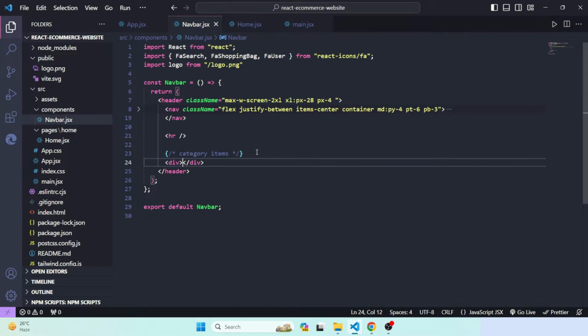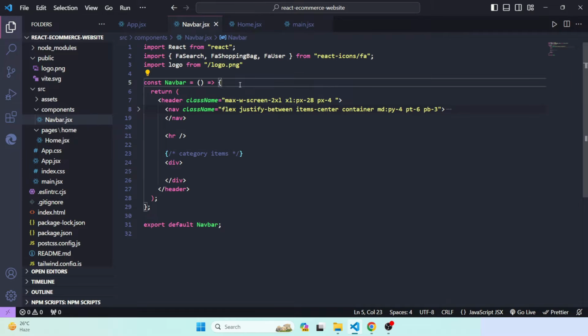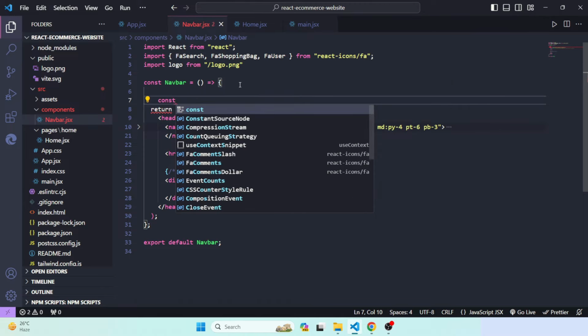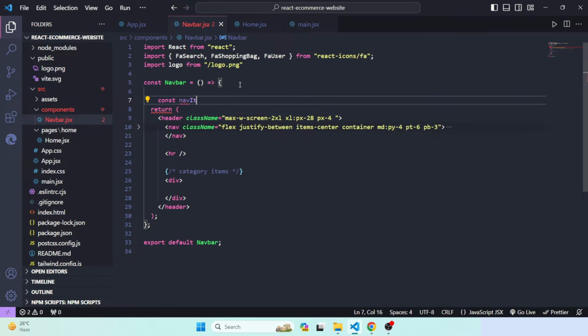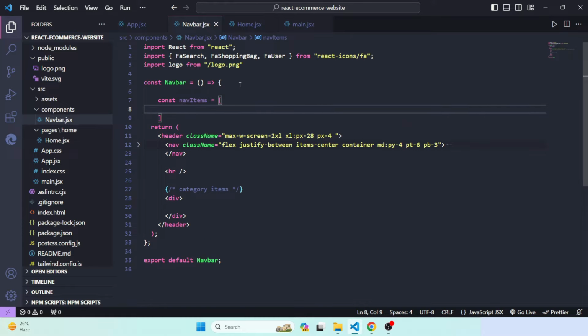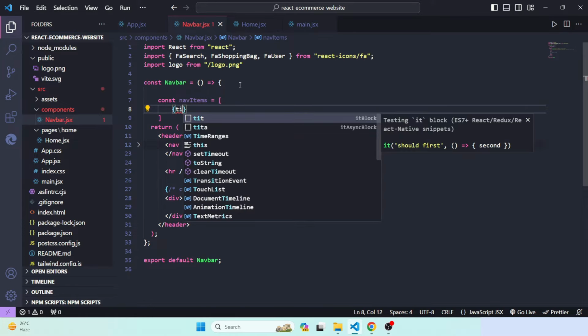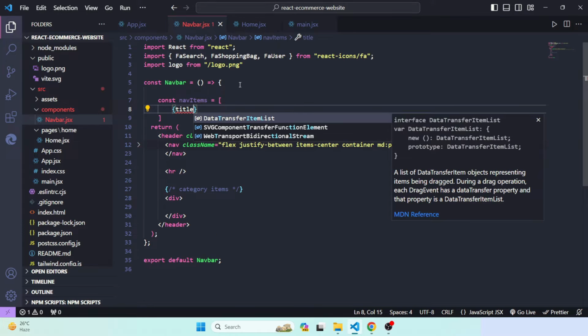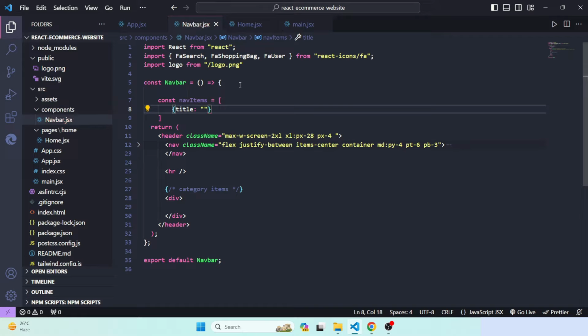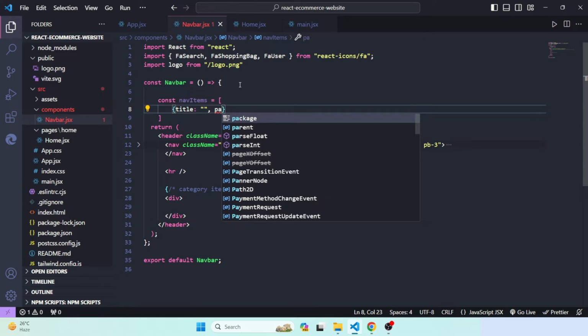Here we will define some nav items, const navItems, and we will use an array of objects, so that's why square brackets. Inside here we have curly braces. We will define title, and that would be a thing. Then we'll have path,